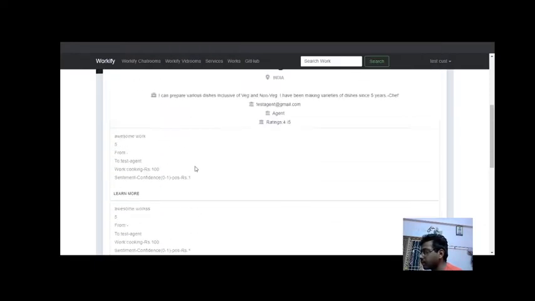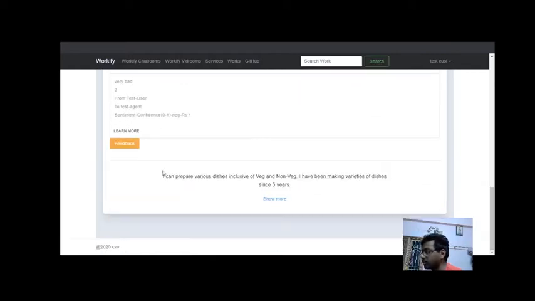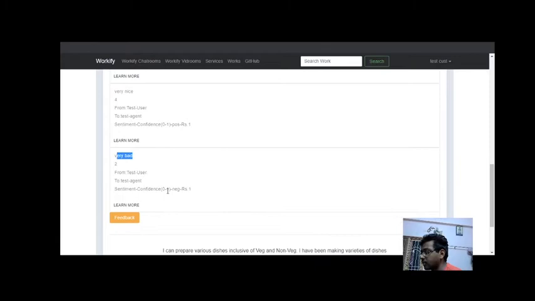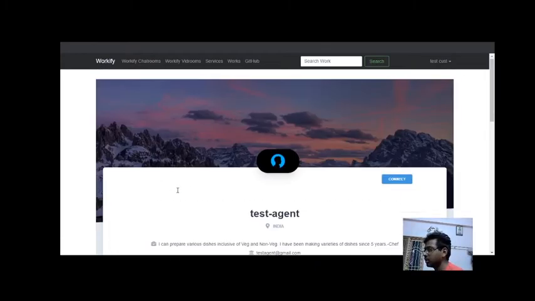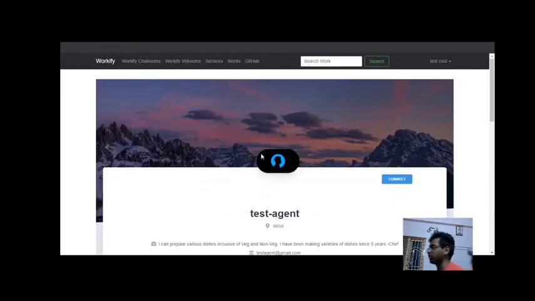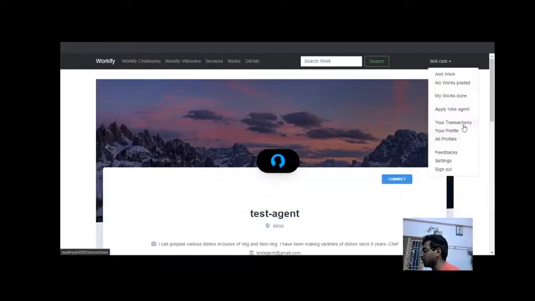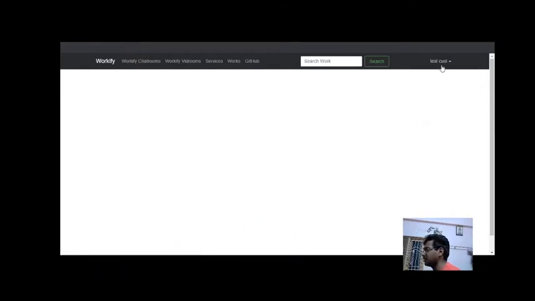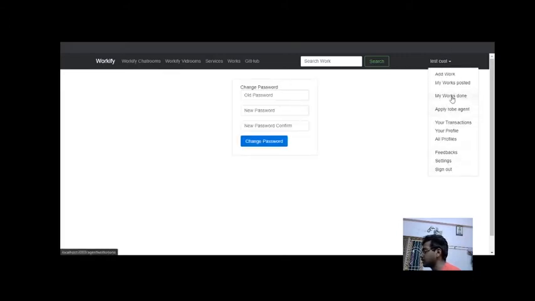This is the confidence, and this is the sentiment of that particular agent. So this is the text, like awesome work, and as you can see, this one, very bad, so we are giving negative and confidence of 1. So this is the NLP thing which we are doing. This is just the front end part, the back end part we are not going to majorly show. Okay, and this is all profiles and detailed profile. These are feedback; this is a customer basically, so we don't have any feedback. You can change the password and basically sign out.